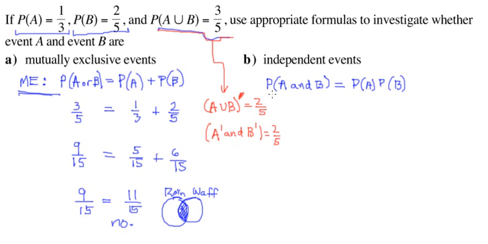We could set this up to use the probability of not A and not B would have to be the probability of A not happening times the probability of B not happening. So they didn't give me what I needed to work with A and B, so I'm going to work with not A and not B. They can be independent as well, and if not A and not B are independent, that means A and B are independent as well. So let's see if we can get this working. The probability of not A and not B is 2/5